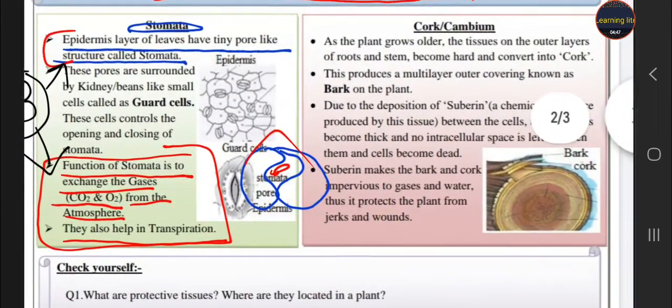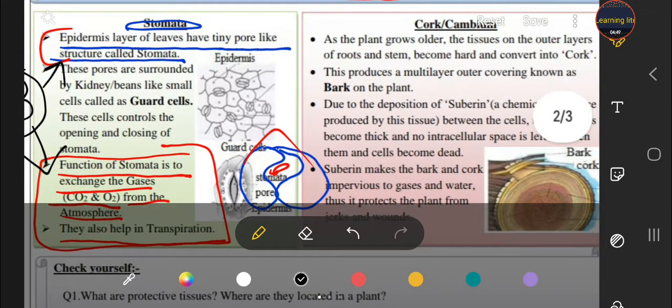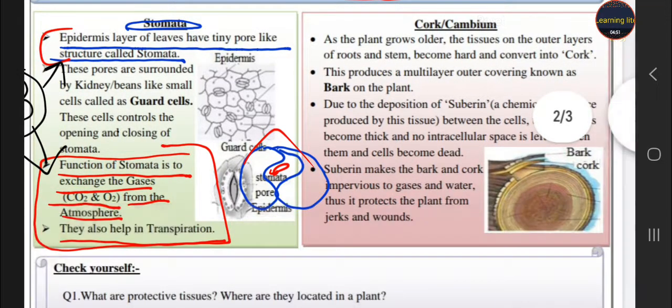Now we discuss the cork, the last protective tissue. As the plant grows older, the tissue of the roots and stem become hard and convert into cork. So students, you see, when you observe a plant, its stem is very soft, but when it becomes a tree, its stem is covered with a hard layer that is called the bark. You observe the bark in the picture,